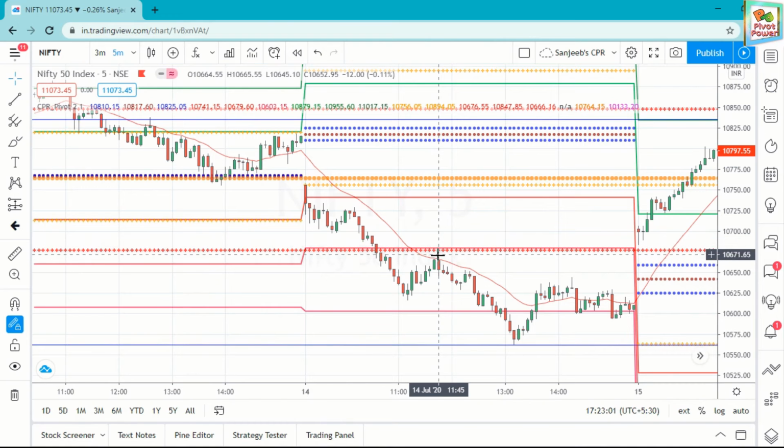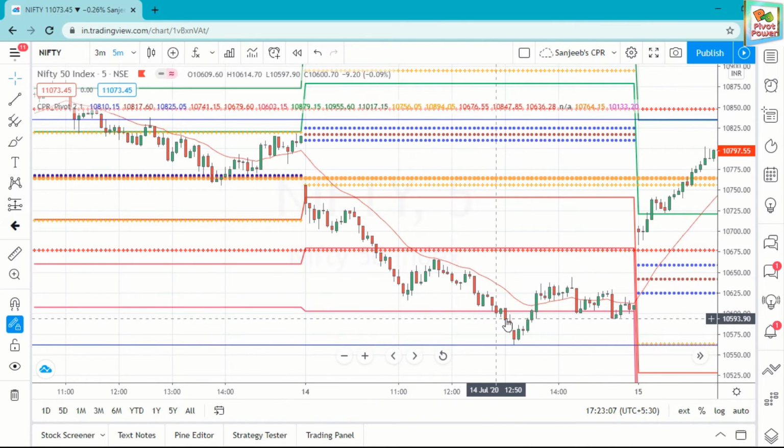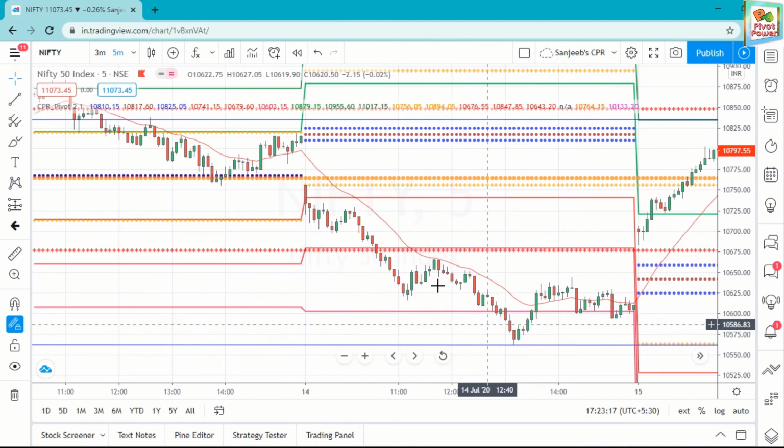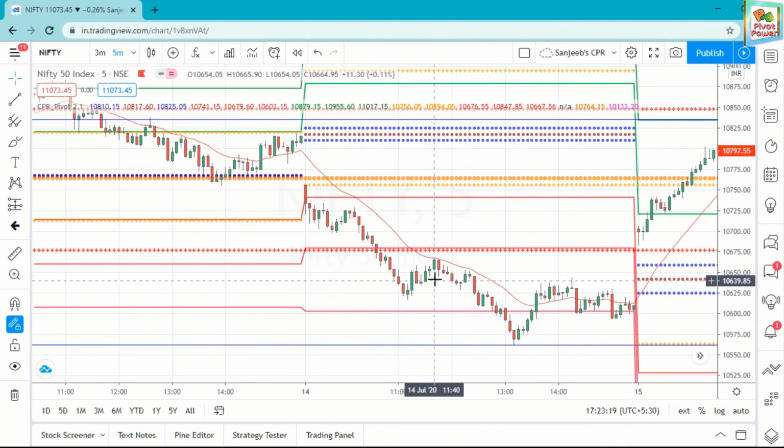Your stop loss is this much, and you can book profit at the next resistance here, or we can take it up to here. See how much the profit is. Then the risk reward is more than 1:5. This is the best entry in the retracement of the 20 EMA. This is the 20 EMA retracement.